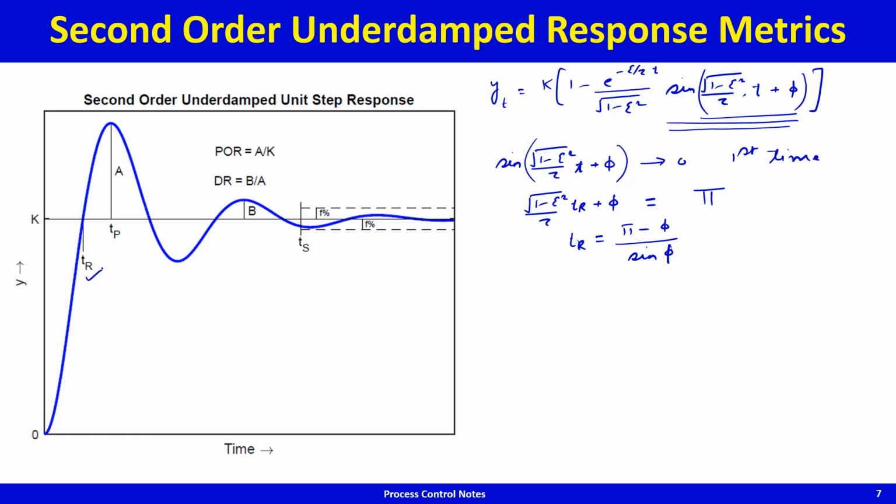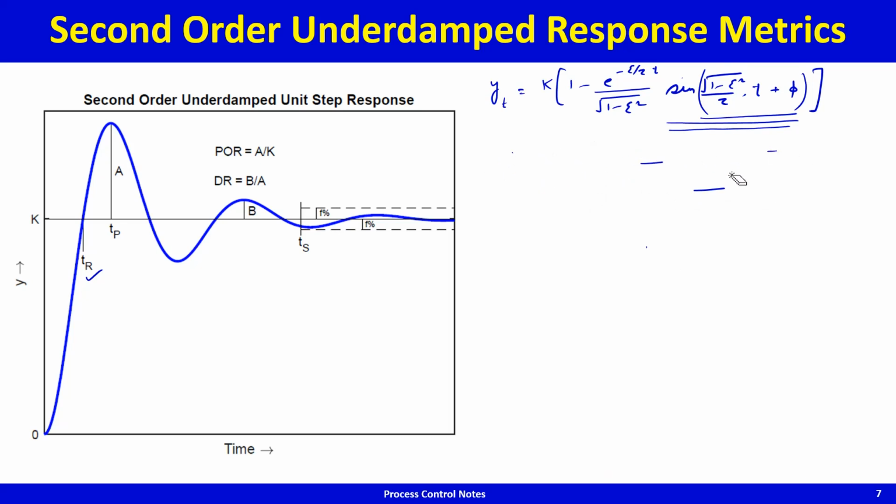Now let's look at the peak time. At the peak, the derivative disappears. The derivative of y with respect to time disappears. So let us differentiate dy by dt. Differentiating both sides, what you get is minus k times, oh man, there are going to be two terms, okay, and we're going to put it equal to 0, but it's okay, minus k by square root 1 minus chi square times,